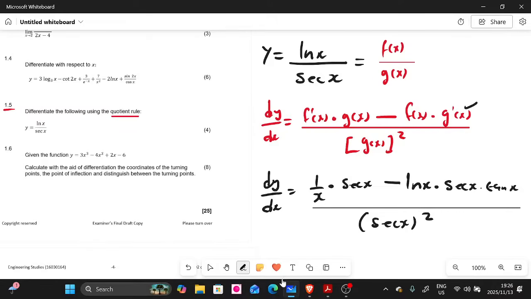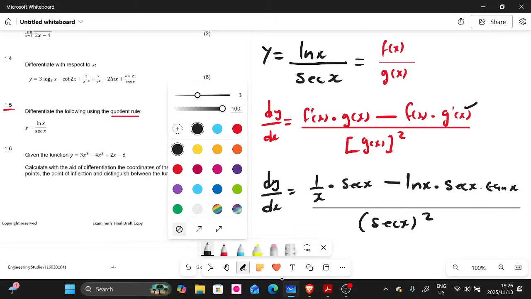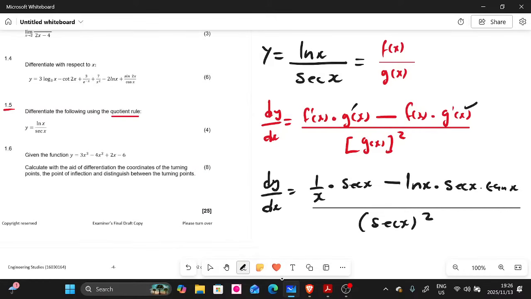So guys, when you do the quotient rule, there is a common mistake. People swap these. They start by deriving g of x first, and then they leave f of x there. Guys, that is wrong. Always derive the one on the numerator, which is f of x in our case, and then you leave g of x, and then minus, it's always minus, and then this time around you leave f of x, you derive g of x, and then you divide by g of x squared. Always. So this is how you do this one, guys. There's nothing to it, right? Guys, are we fine here?